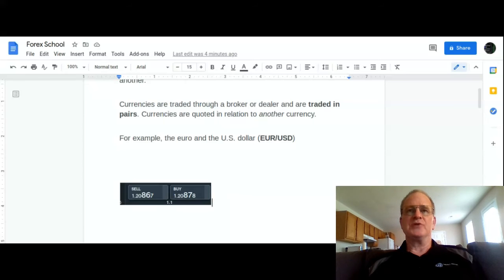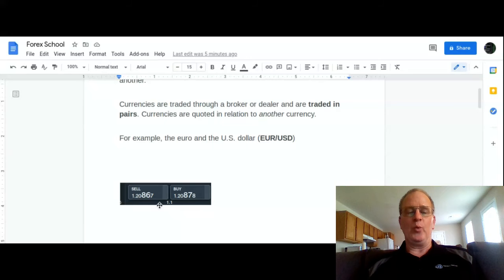If you've ever traded stocks or options or futures, you know usually you pay a commission to the brokerage firm to execute your trade, to handle it. Well, Forex is a little bit different. There are no brokerage fees, but what you do is you pay a spread, the difference between the bid and the ask. And I clipped a little, as you can see right here. This is an actual trade today I made on the Euro US dollar. I bought it. I paid 1.20878,